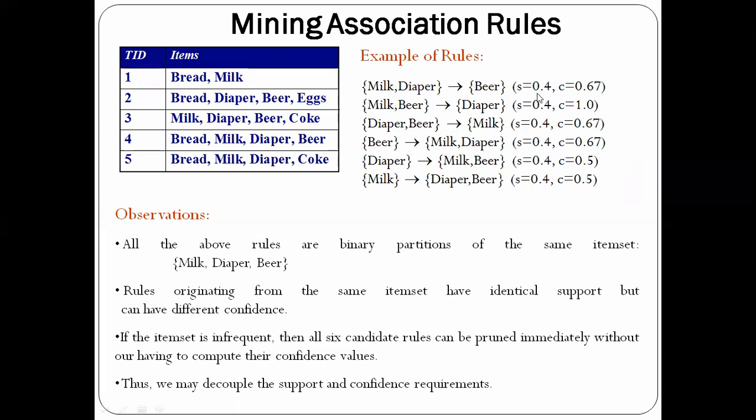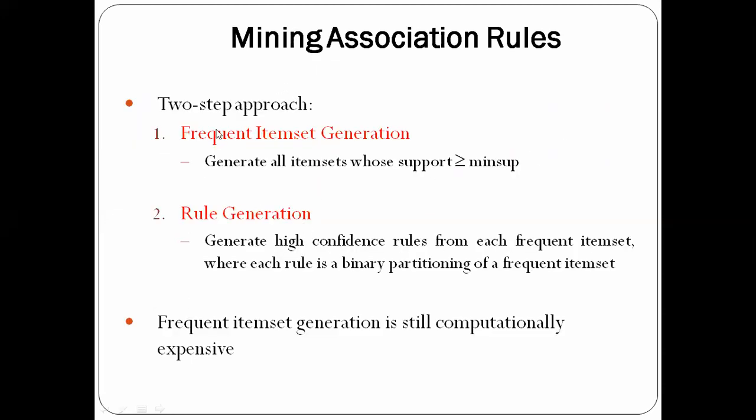So in this, what we can do is, in the first step itself, we can find all those frequent item sets. If that item set is frequent, then only we will consider it in the second step. If it doesn't satisfy the first step itself, that is, the support itself is less than the minimum support, then no need to consider all those infrequent items in the second step, that is, for the rule generation. So we have divided this process into two steps here, frequent item set generation and rule generation, so that we can improve the performance of this algorithm. So it will be computationally inexpensive. Okay, so this is the process that we will be following in association rule mining.